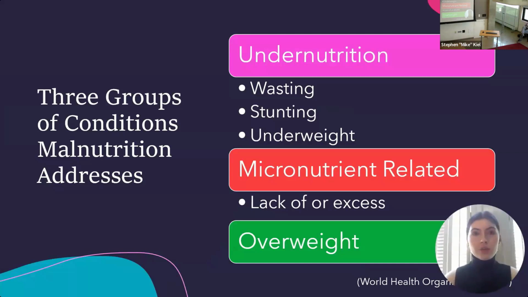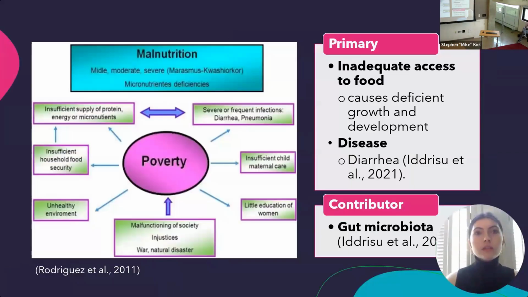disease, diabetes, and stroke. The primary causes of malnutrition in children are the result of inadequate access to food as well as disease such as diarrhea. Both result in deficient growth and development. Gut microbiota is also a contributing factor, which I will cover in greater detail in a few slides. Household food insecurity, poor maternal and child care practices, and poor access to healthcare and sanitation are directly related to disease and inadequate access and intake of food, while resource accessibility as well as political, cultural, and economic impacts are